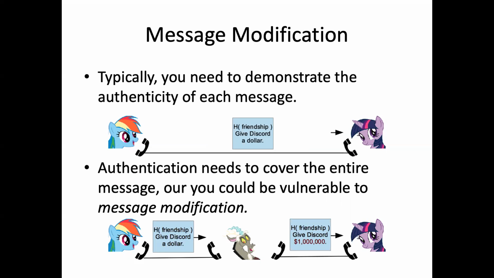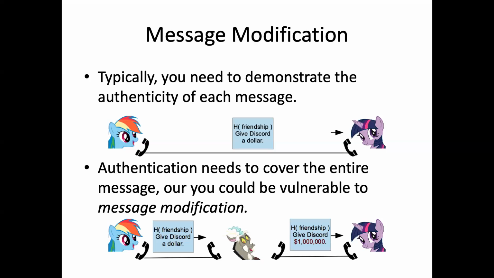I probably did a bad job of introducing this, but one way you could try to prevent a replay attack is to include your password, or maybe a hash of your password, with every message you send. And that's what I'm trying to illustrate up here at the top of this slide. But if that's all you did, someone could capture that message with the authentication information on it, sneak in and change what was in that message, and generate a message that looked like it was from you, but with different content.